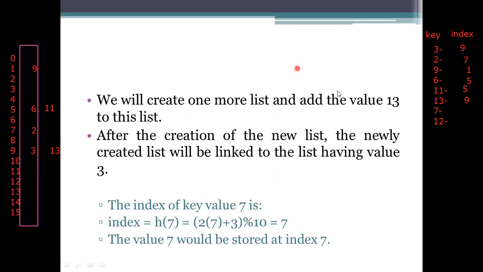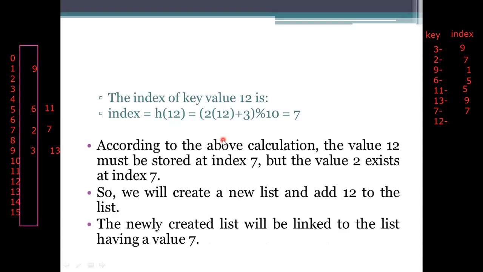Then the next element we are having is the 7. 7 into 2 is 14. 14 plus 3 is 17, which is being considered as 10 plus 7. So the value to be stored here is at the 7th position. But you see at this one, 2 is already being used for the processing. What happens here? 7 has to be created into the new list, and then we need to process that list for the further processing.